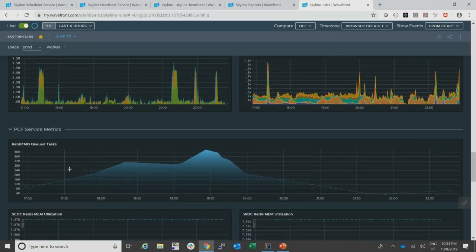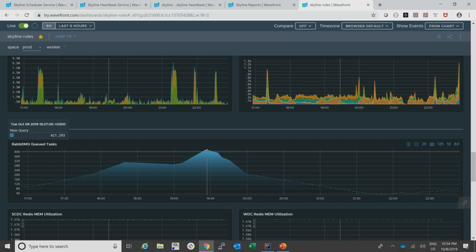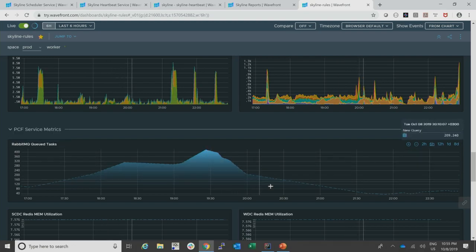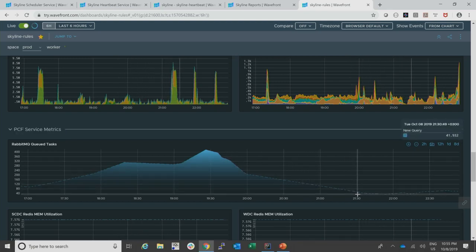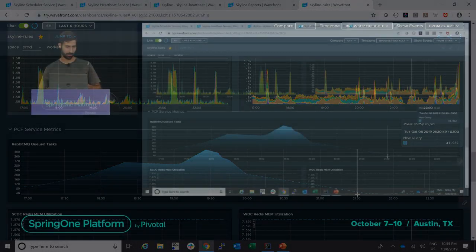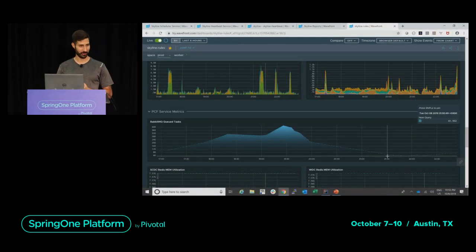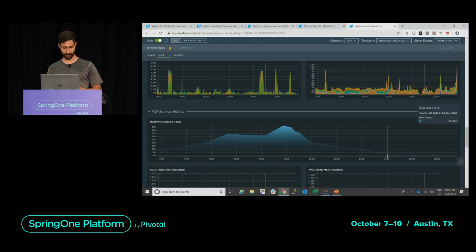And here you can see how RabbitMQ looks. On the functional chart you saw that we create reports, we pop the tasks, and we compute the report. So this is how the queue looks. Gradually it came to 400 reports that had to be computed, and it was consumed within, I don't know, really a few hours. So that's all I can share right now with you. And let's jump to